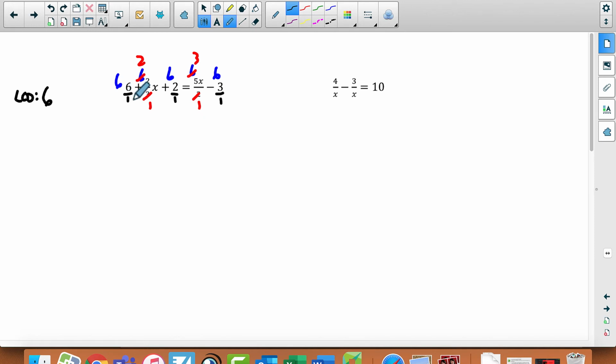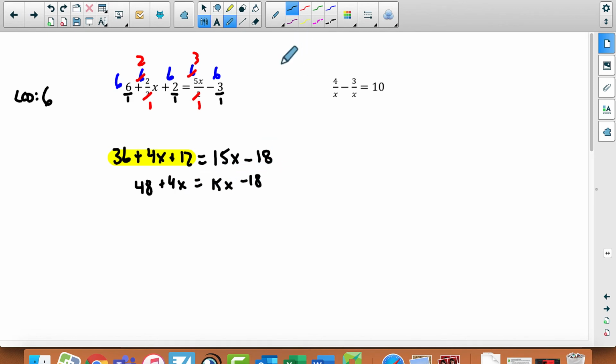I have 6 times 6, which is 36. I have 2 times 2x, which is 4x. And I have 6 times 2, which is 12. On this side, I have 3 times 5x, which is 15x, and 6 times 3 is 18. Sorry, I forgot the minus there. 6 times 3 is 18. Okay, there's no brackets to worry about. Do we have like terms? Yes, on this left-hand side, we do have some like terms, don't we? We have a 36 and a plus 12, which gives us 48, plus we have the 4x, equals 15x minus